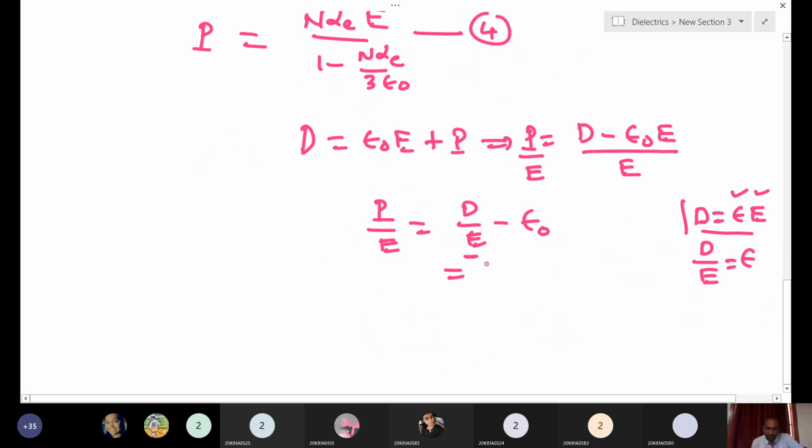Epsilon minus epsilon naught. Okay, here P by E. From this expression, we can write P is equal to... you send this E outside, to the right hand side, E epsilon. Sorry, this is epsilon. Okay, whenever you are writing this problem, E you write